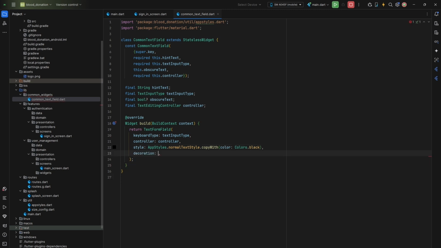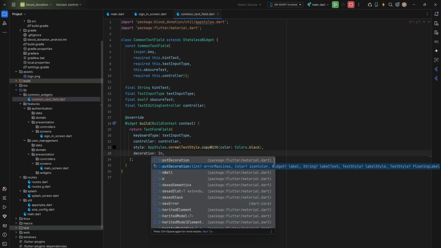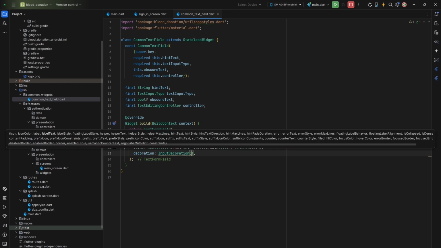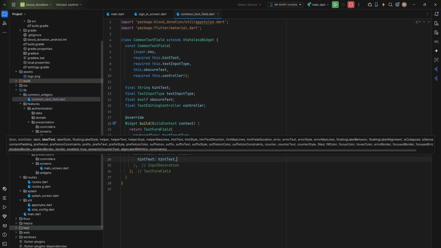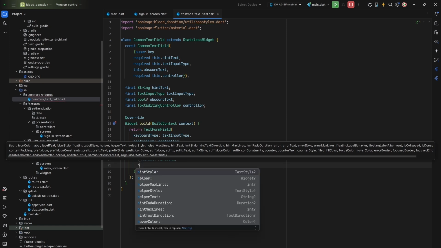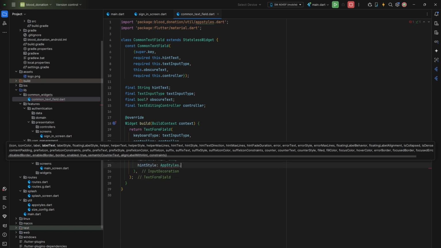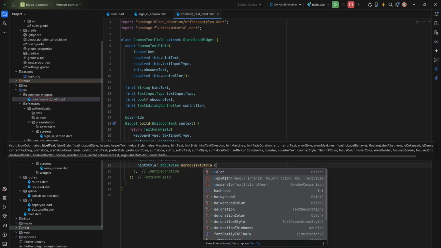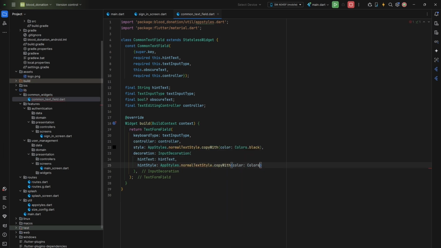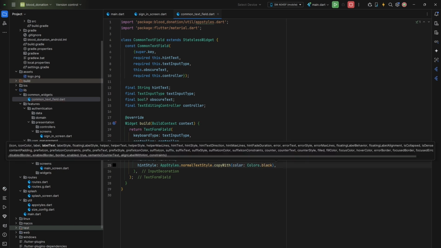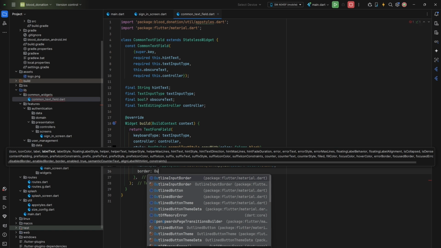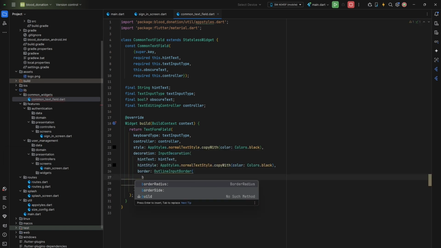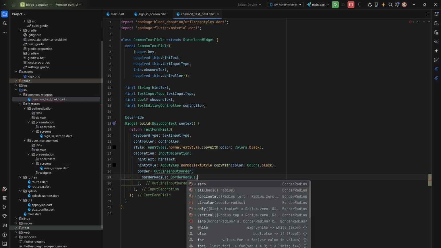We are going to set the decoration to input decoration, with hint text, hint style of app styles.normalTextStyle.copyWith colors.black. We're going to set the border of outline input border, set the border radius of border radius.circular,